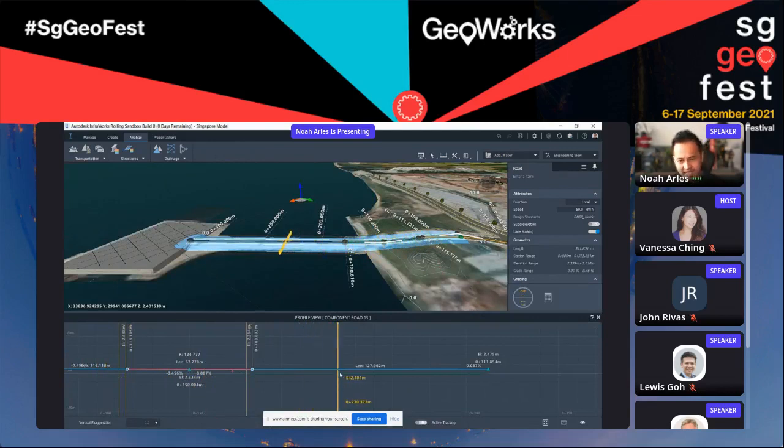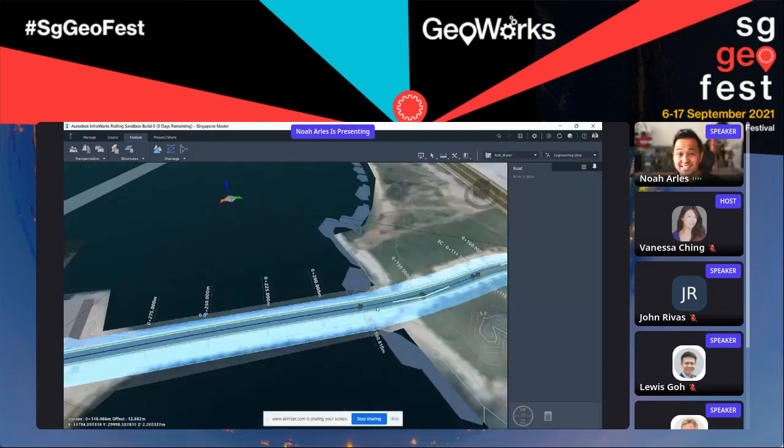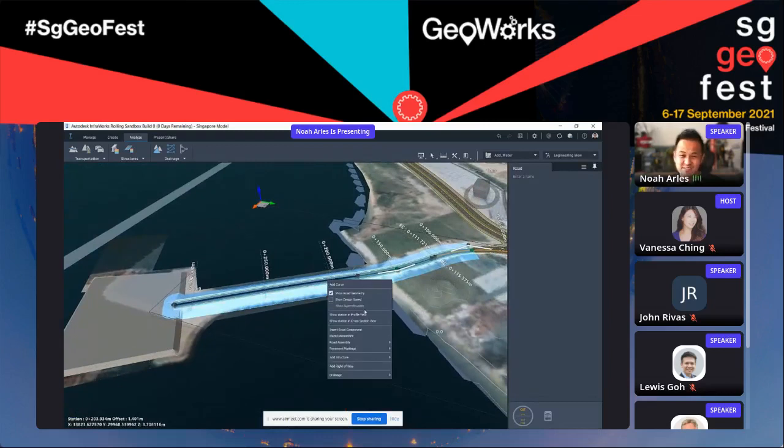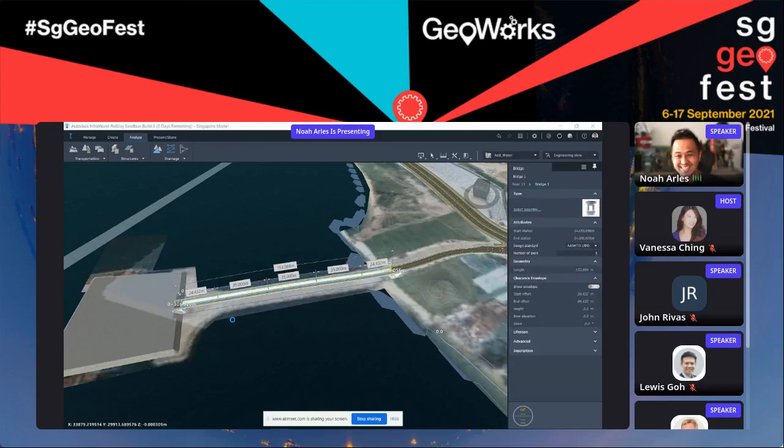Now, let's add some other features to our project. Maybe we want to add a bridge. So we're going to do a bit of preliminary engineering. And again, back when people were stuck with 2D, you probably had to do this routine in something like Civil 3D. Now, Civil 3D is a very powerful platform, but it's quite powerful in the detailed design process, but it doesn't translate much when you want to communicate the design intent. By using this platform, you'll be able to interactively add structures, like in this case, a bridge.